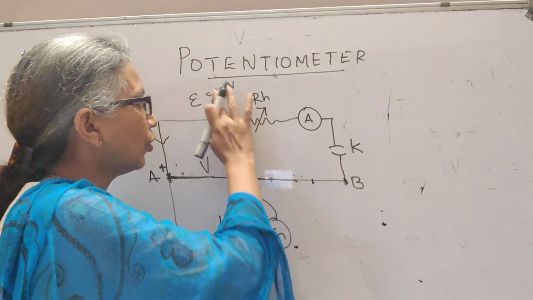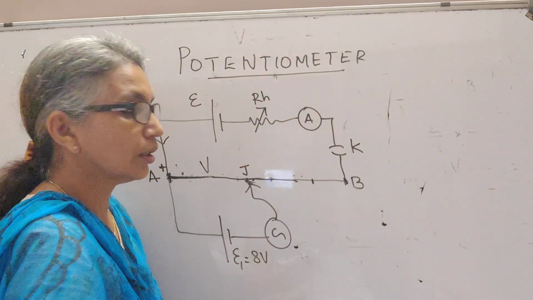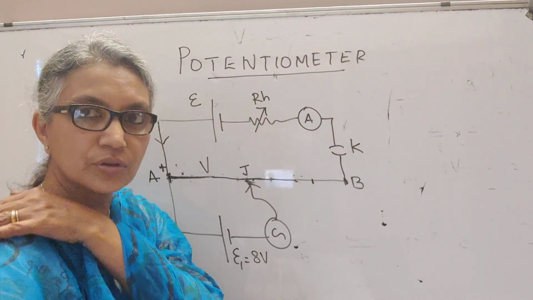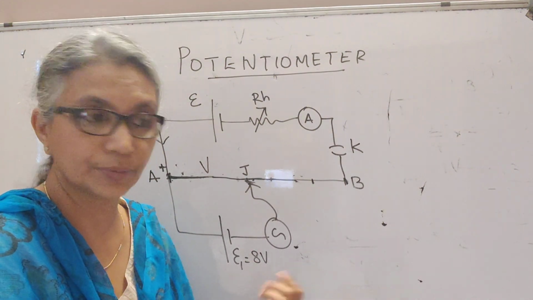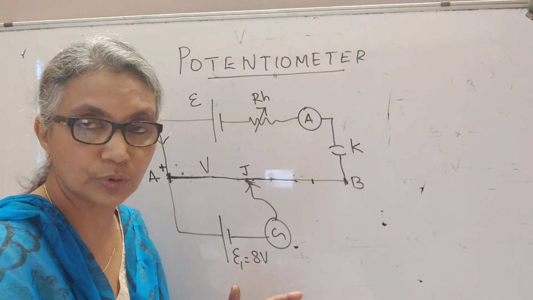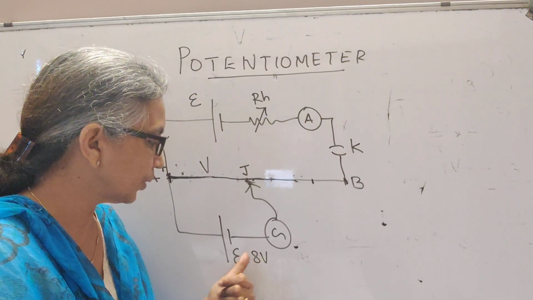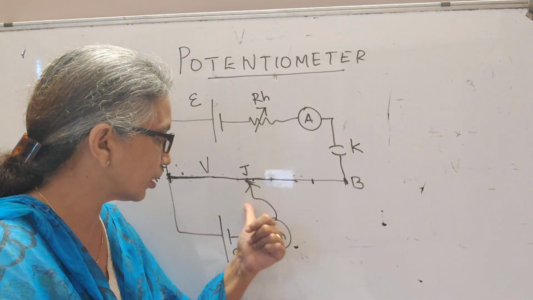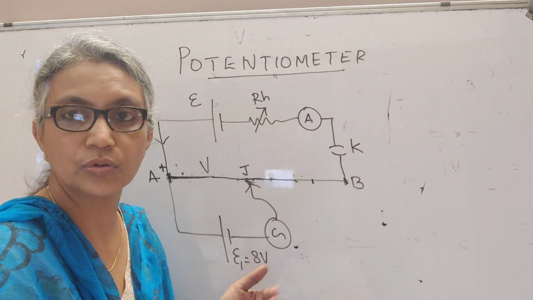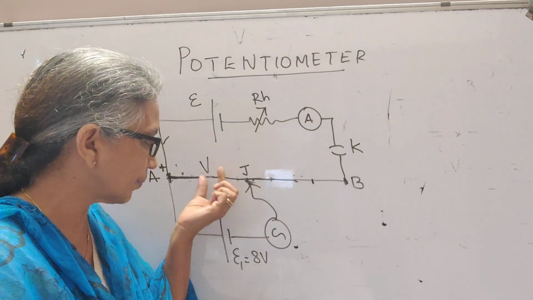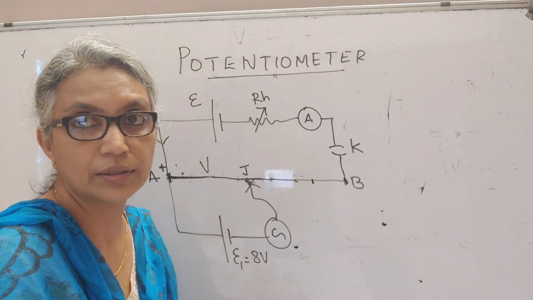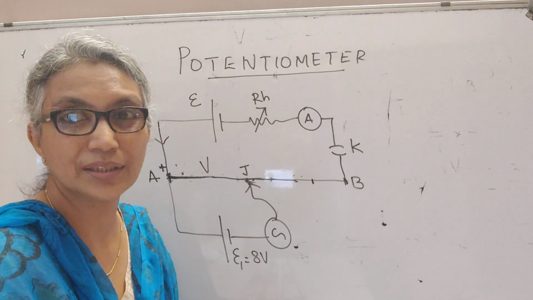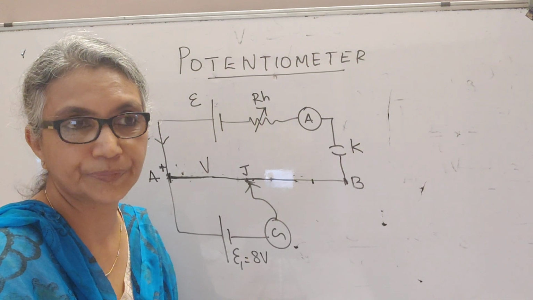So, these are the two faults if you have connected, if you do not get opposite deflection. Then I hope you understood why we prefer a potentiometer to determine the EMF and not a voltmeter, because when you use a potentiometer, since the galvanometer shows zero deflection, you are ensuring that there is no current through the cell, and if there is no current through the cell, we know that the voltage that is being balanced here is the EMF.